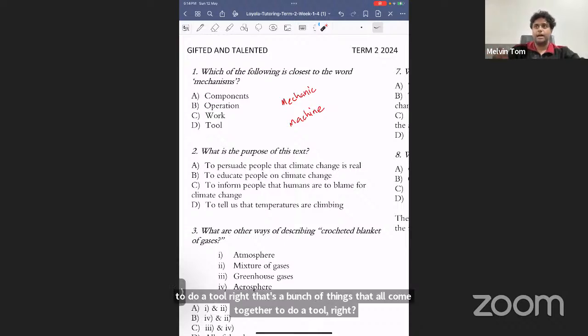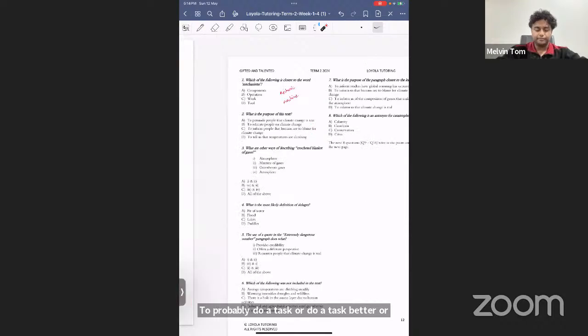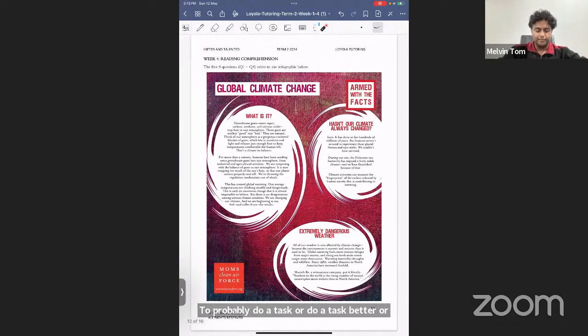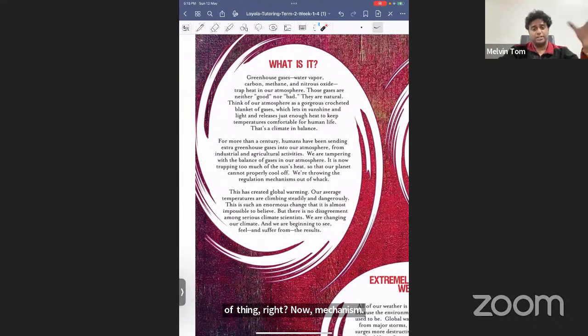So for example, you have a single tool. For example, you might have a pen, which is a tool that you can write with. But a pen is not a machine, right? A machine, on the other hand, would be a bunch of different parts coming together to probably do a task, or do a task better or faster, sort of thing, right? Now, mechanism, let's take a look. After we get the gist of the word, then you go back to where it was used, and you ask yourself, let's see if maybe it helps us,